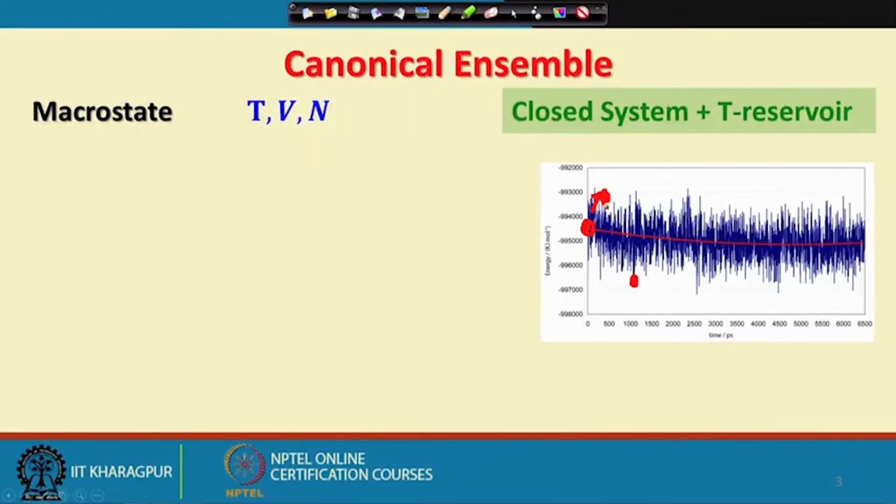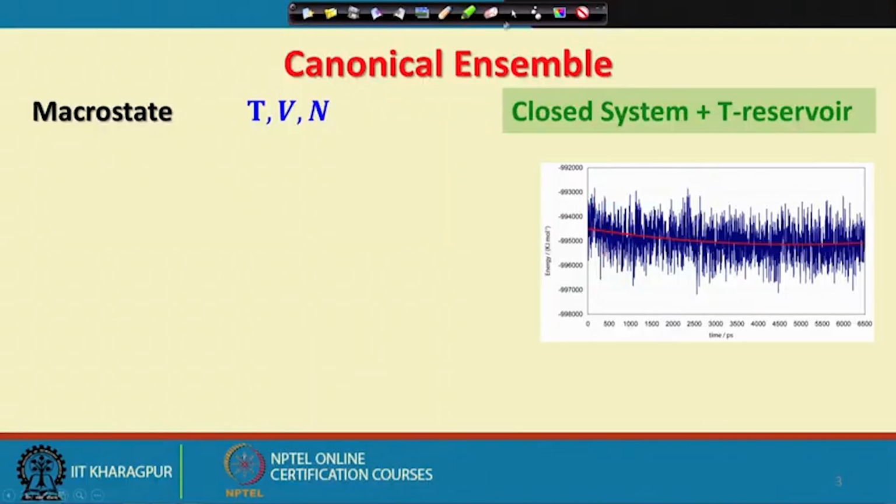So, at this point the system would like to lose some energy, and the way it does it, it releases energy through the diathermal walls to the surrounding reservoir. As a result, the energy value comes down. So, through the exchange of energy between the system and the surrounding, the constant temperature condition is maintained. But this also tells me that there must be some confusing concept associated, and that is, we have